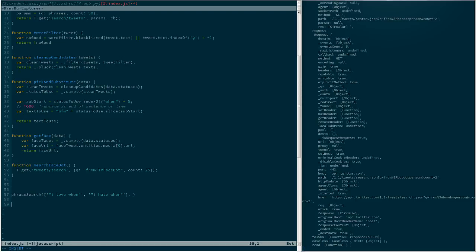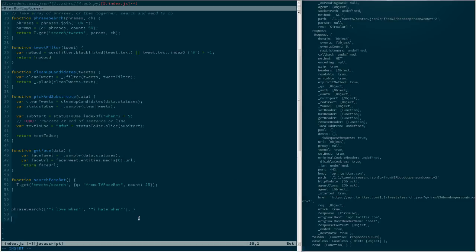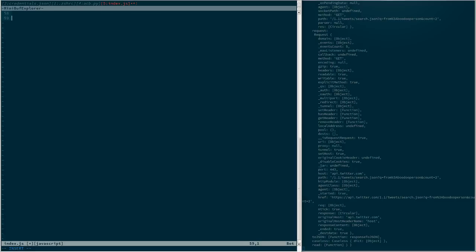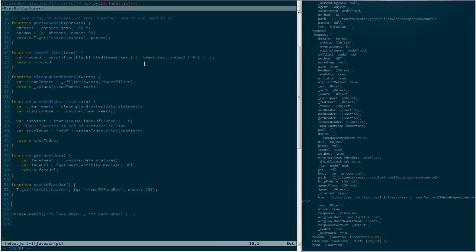And then we'll want a workflow that goes something like this. Phrase search, okay, let's keep that in mind. Phrase search with those phrases,